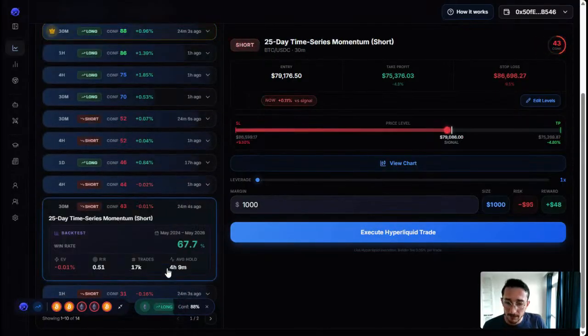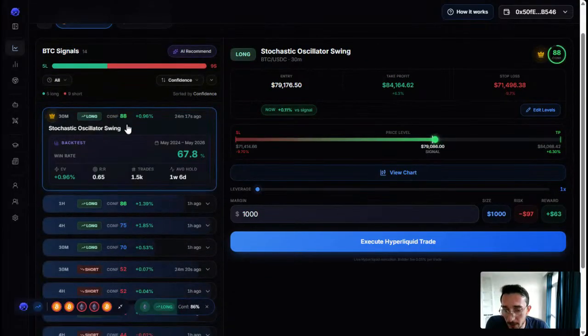And when you see this number, it's the EV per trade. It's basically the number that will tell you, on average, if you take these trades, how much you are expected to earn from them. If you take 1,500 of these trades on average using these strategies, each individual trade will yield 0.96% of profit, which is huge.